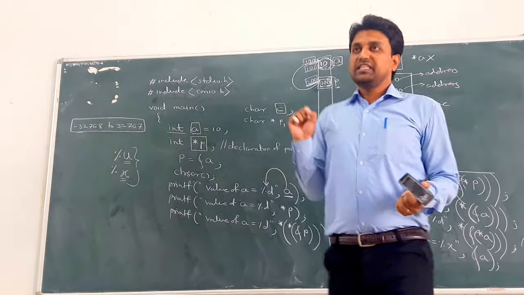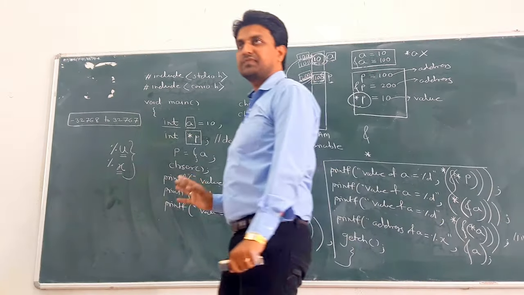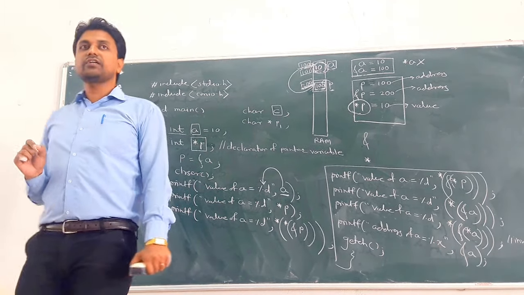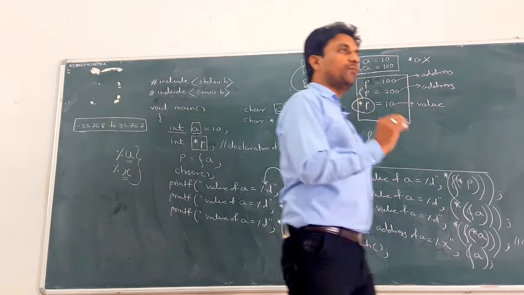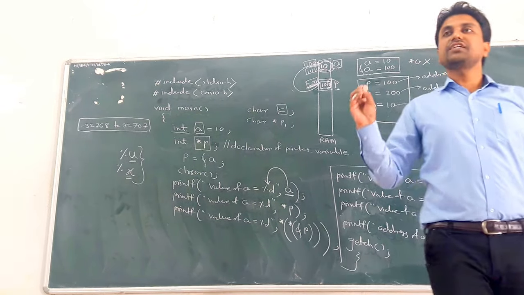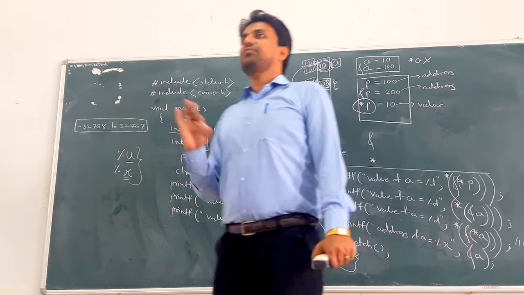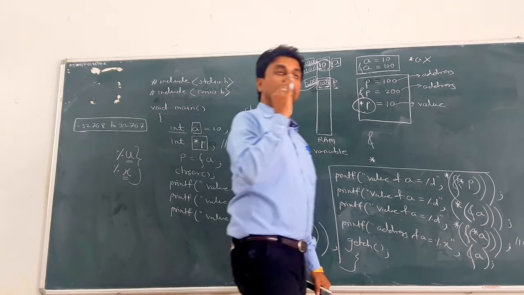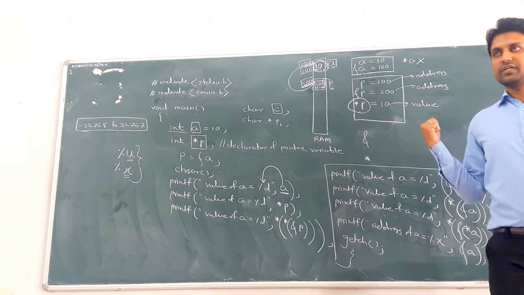Now the main thing, pointer. What are pointers? Pointers are a derived data type. Next, what is the use of a pointer? A pointer is used to store the address of another variable. If the pointer is an integer pointer, then the integer pointer stores the address of another integer type variable. If the pointer is a float pointer, then we can store only the address of a float variable in the float pointer.